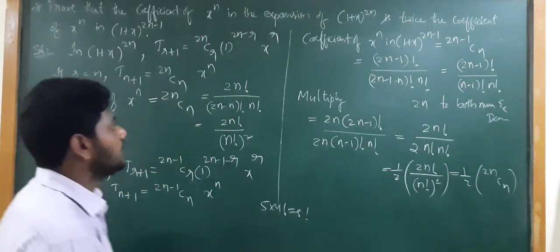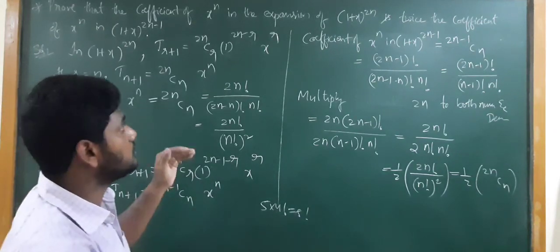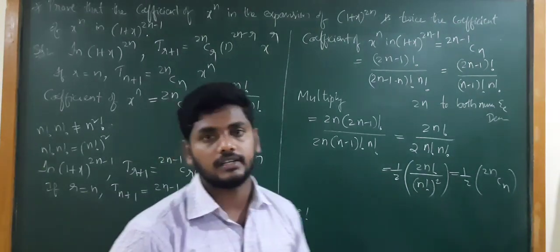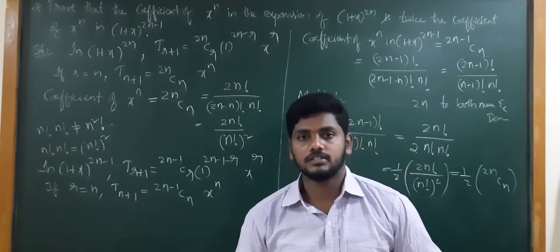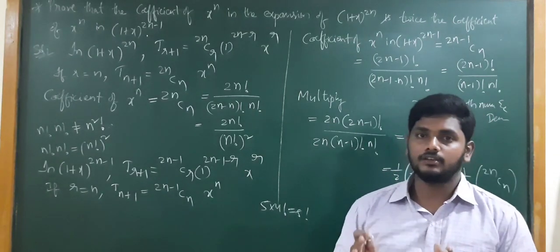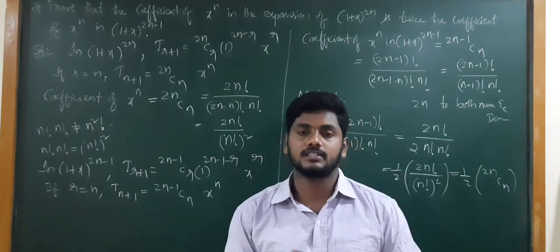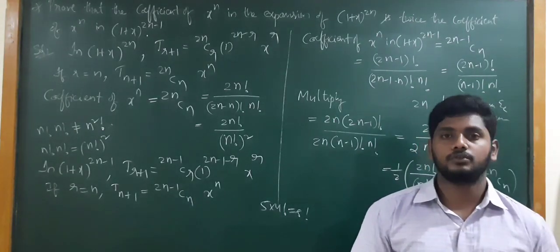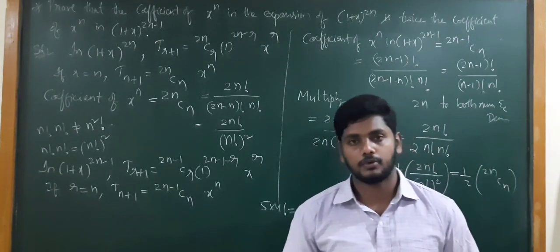So by this we have solved the 3 questions which are based on coefficients and the general term. In today's assignment I will give a few more questions based on how to find the coefficients and equating coefficients, such as where the coefficient of one expansion is twice or the sum of 2 coefficients. Solve those problems and send them through WhatsApp. If you have any doubts regarding those problems, you can ask.